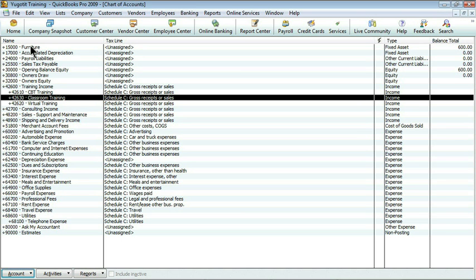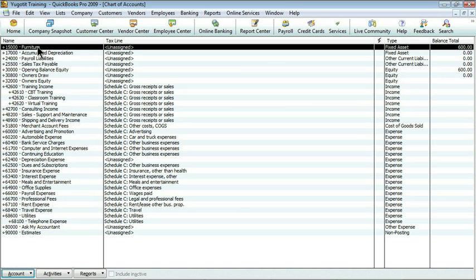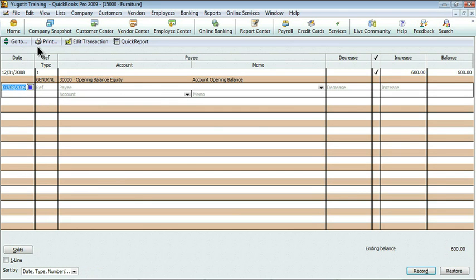For example, if I move to the top of this list, I have a furniture account. If I double-click on that account, it actually opens the account register. This would give me the opportunity to either view a different activity that's gone on or to create new entries. I'll go ahead and close this